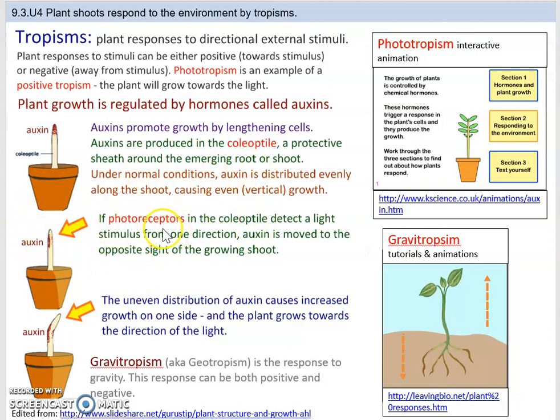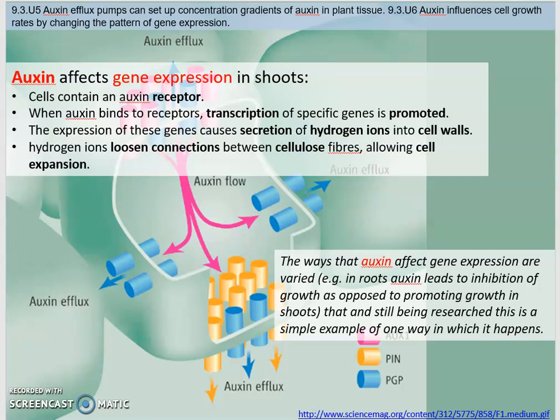Now, going back to this idea here, in order for this effect to come about, we need to appreciate that the actual plant tissue must be sensitive to the fact that light is present. So they've got a receptor, specialized cells which can detect light. And if you can detect something, then you can respond to it. And the response is mediated by auxin, this plant hormone that causes its unequal distribution. It comes to this side and it causes that positive phototropic response. And the next syllabus statement, it says